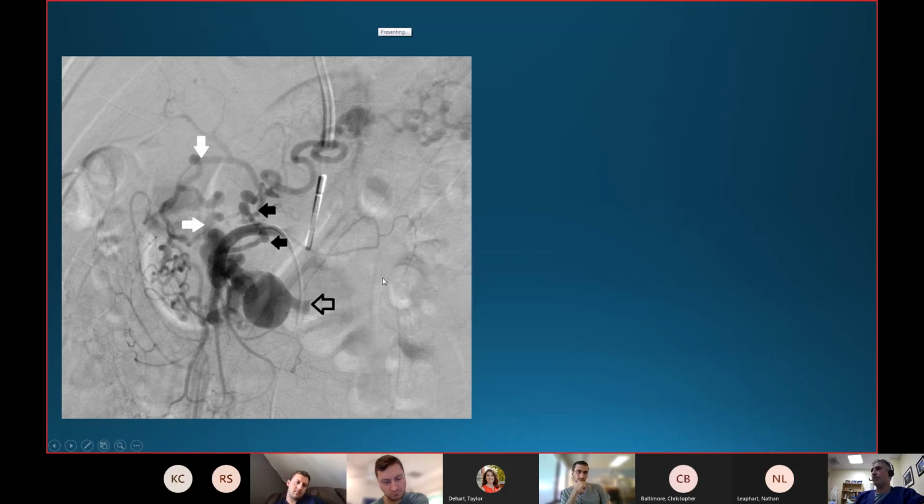It's a 55-year-old prisoner that was having these intermittent bouts of severe hematochezia. And what you're seeing here is a mesenteric artery angiogram, and the mesenteric artery is this big vessel. The black arrows are pointing to some anastomotic connections between the celiac artery. This is the splenic artery going to the top left here. And there's this other pancreaticoduodenal arcade connecting the celiac artery to the SMA here via the